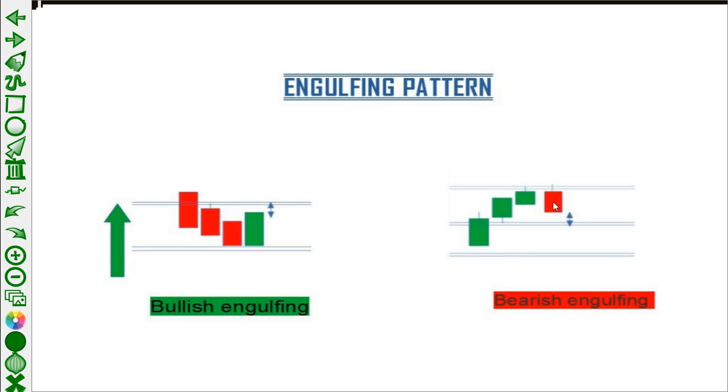You can see in the image that the market is reaching towards the resistance area all the way through the support, and on the resistance area a strong red candle is formed which completely covers the previous green body and 20% of the second left candle. Guys, what does it represent? It represents that